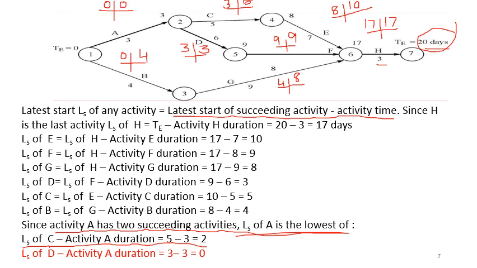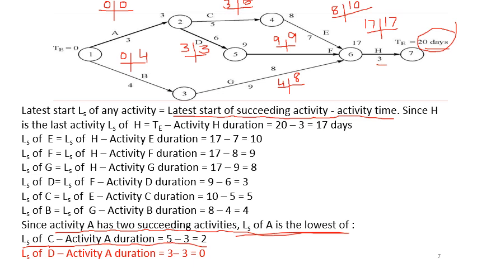Again the logic is the same as we have already seen when calculating earliest start. Whenever you are calculating earliest start and there are more than one values, go for the highest. When you are calculating the latest start, go for the lowest. Always keep in mind, when you find ES values, if there are more than one value, go for the highest value; when you are calculating the latest start, go for the least value.